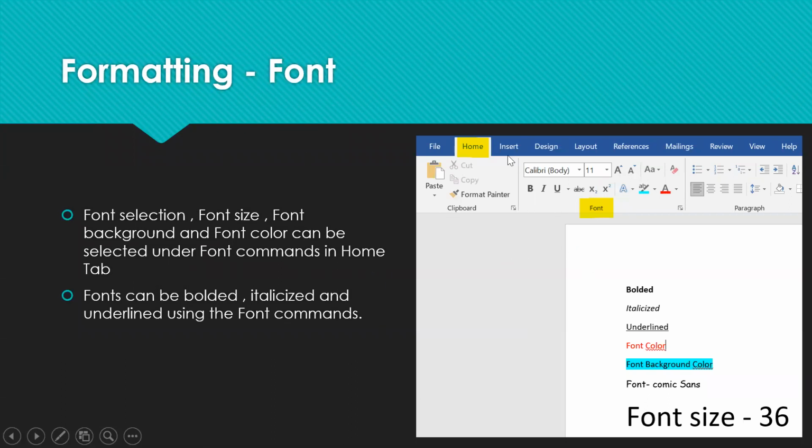Font formatting options are provided under the Home, Font tab. Under this we have bold format, italic format, underline format, and we can change the font color and the font background color.